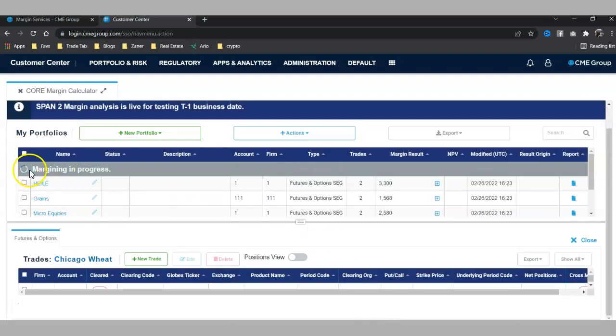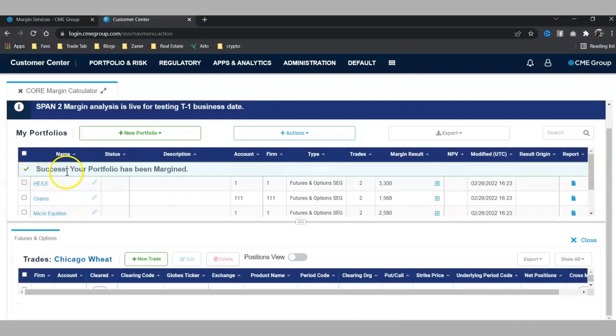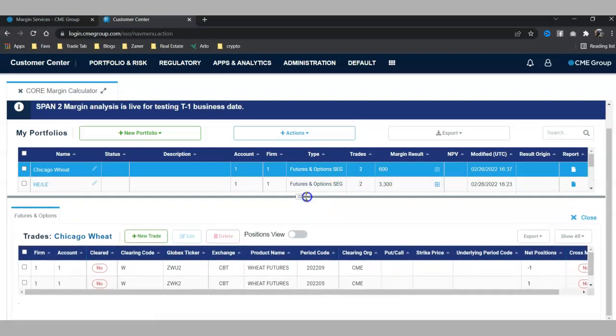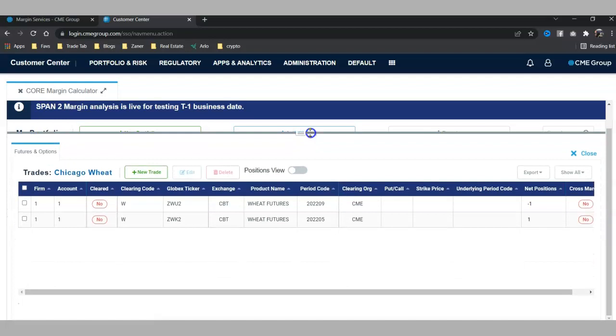It's going to go ahead and add here into our portfolios. Success, your portfolio has been margined. And you can see here that we have our Chicago wheat 2 contract trade with the margin as of February 26, 2022. It's actually Saturday, $600. If I move this up here, because I'm limited on real estate space on this specific laptop I'm recording on,